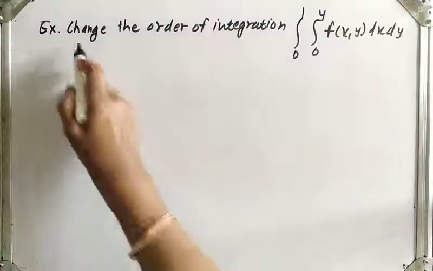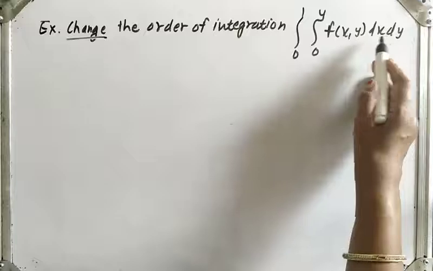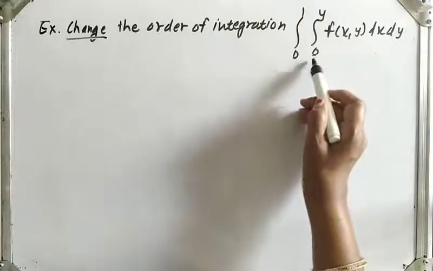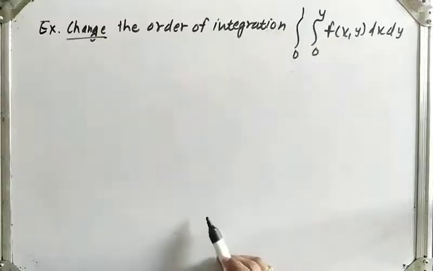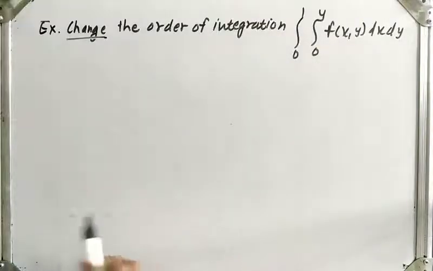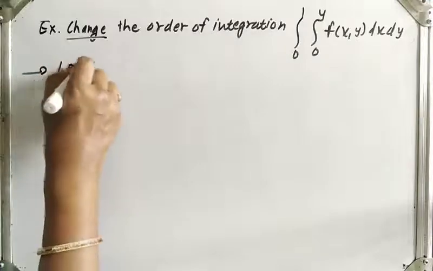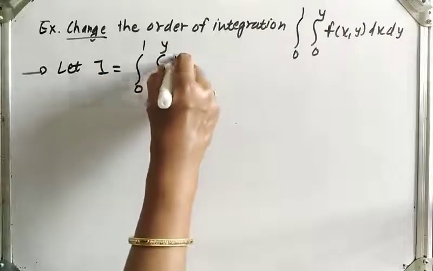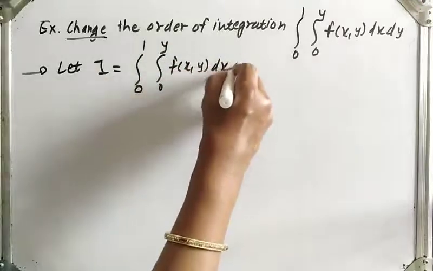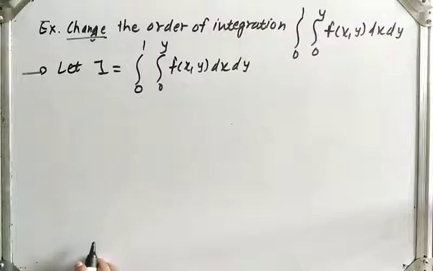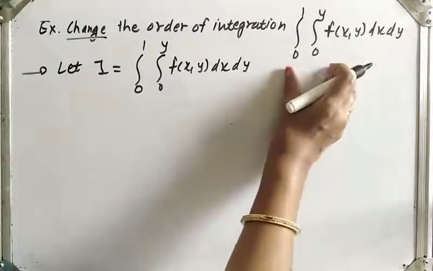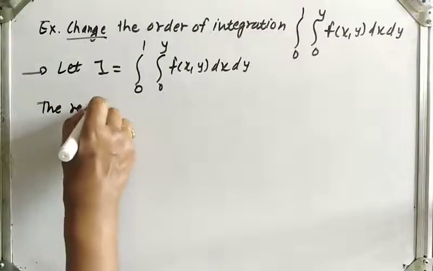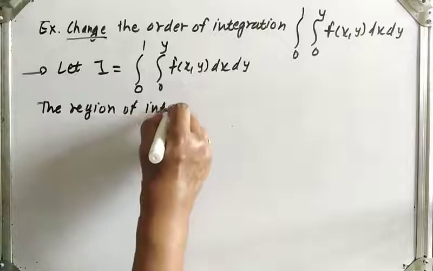What we have to do? We have to change the order of integration, meaning we integrate with respect to y first and then with respect to x. But accordingly, these limit points will change. Let us see how. Let I be equal to the given integral, 0 to 1, 0 to y, f of xy dx dy. Now in this given integral, the region of integration